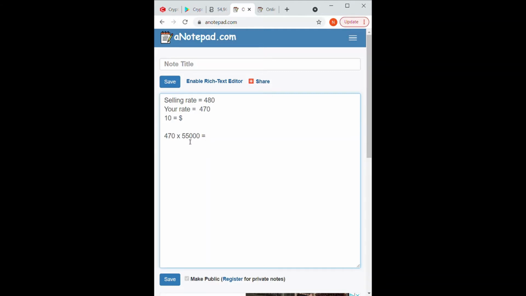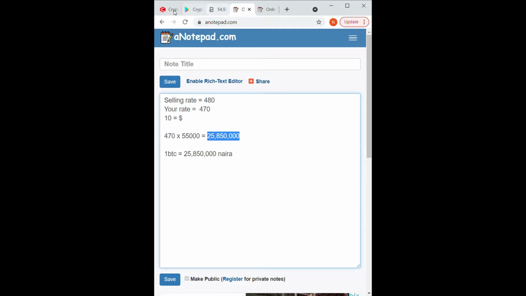So 470 multiplied by 55,000 would give 25,850,000. So for your adverts, you are simply saying you are willing to buy one Bitcoin for this amount in Naira. It's simple. So you copy this amount